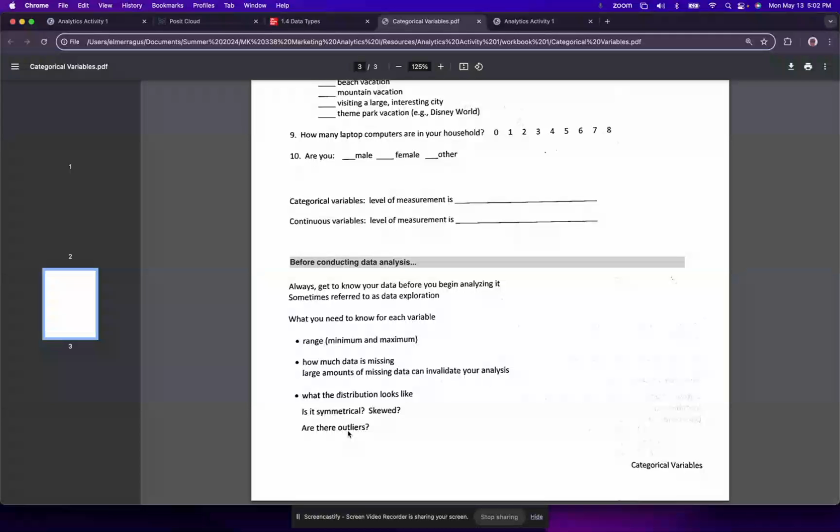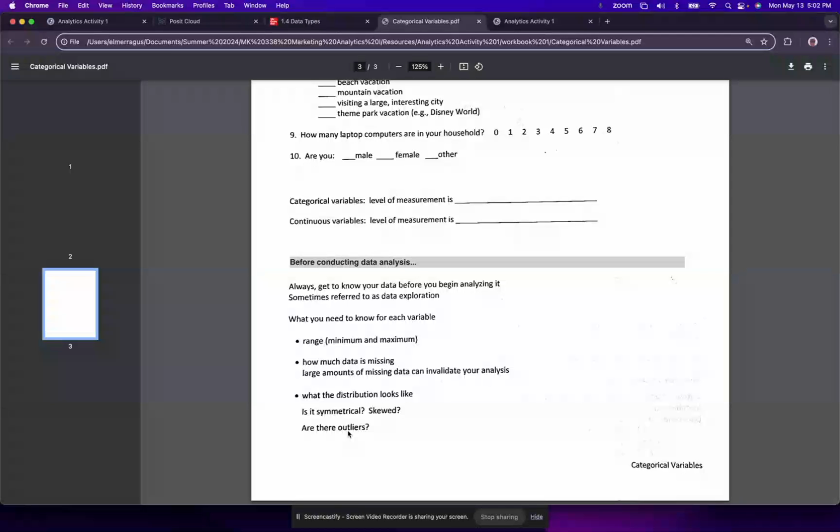Like, is an infant really making purchase decisions? Yeah, probably not. And then is somebody really 1,000 years old? I guess anything's possible, but statistically speaking, that's probably not the case. It's probably some kind of error or something like that.